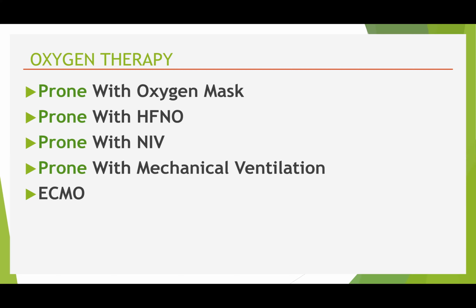While intubating, we have to do rapid sequence intubation with 100% oxygen. We should not do the pre-oxygenation. Immediately we have to intubate, clamp the endotracheal tube, and immediately connect the ventilator, and you have to use the HME filters also with the ventilator. If all the four fail, then the patient may need ECMO.